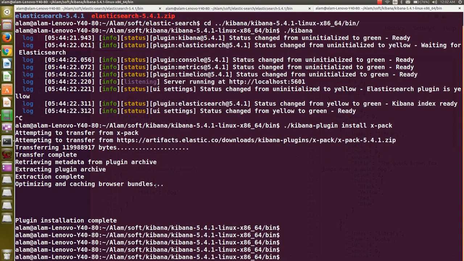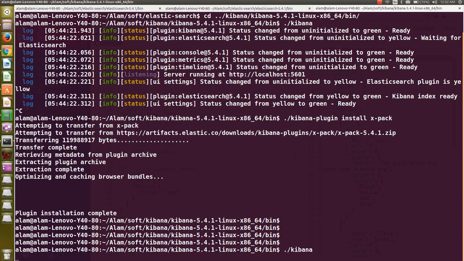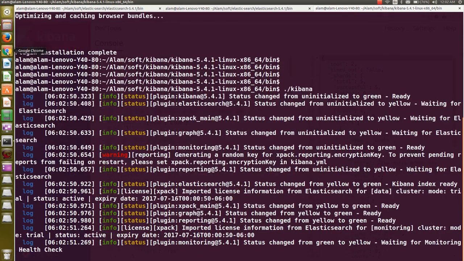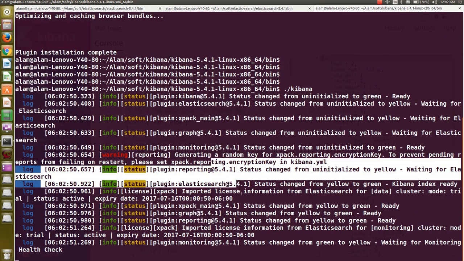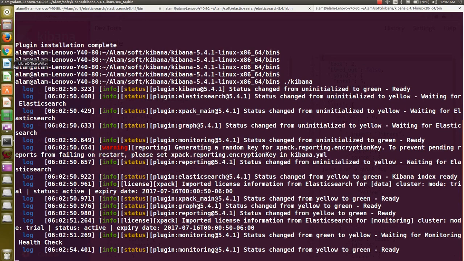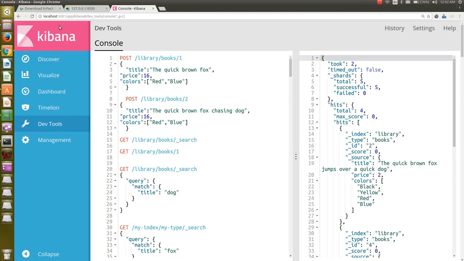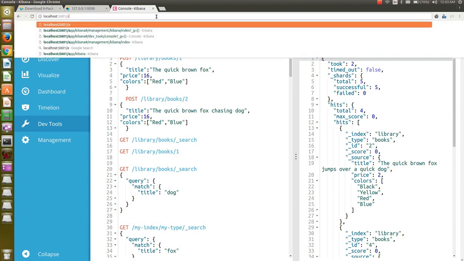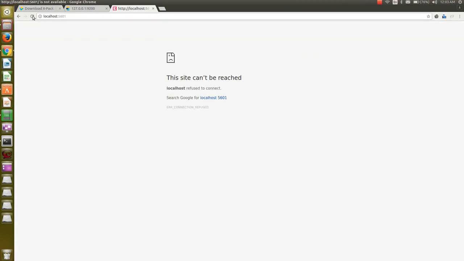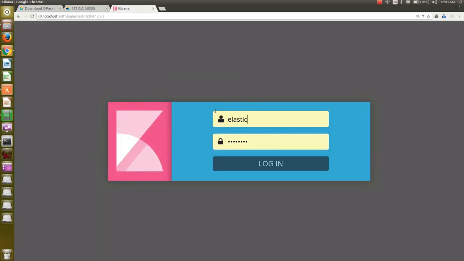Here you go. Thank God, it's done. So I will run the Kibana. It's good. The status is green. It's connected. I will just refresh this. Here you go.